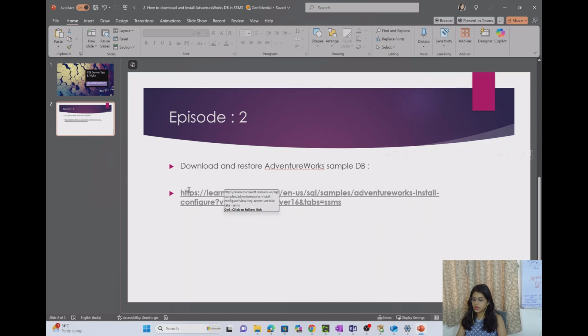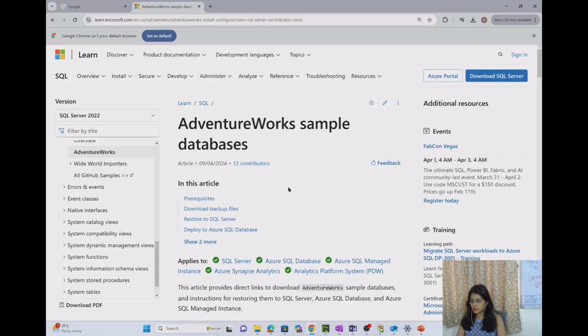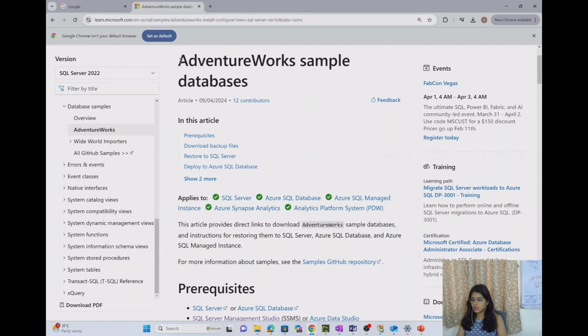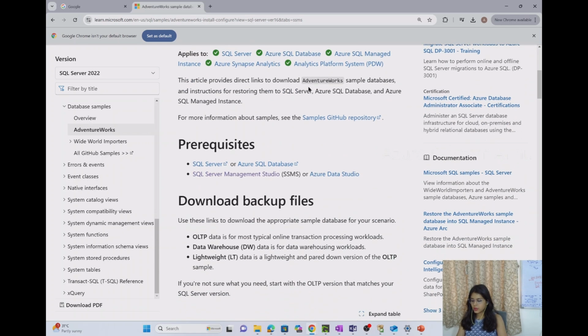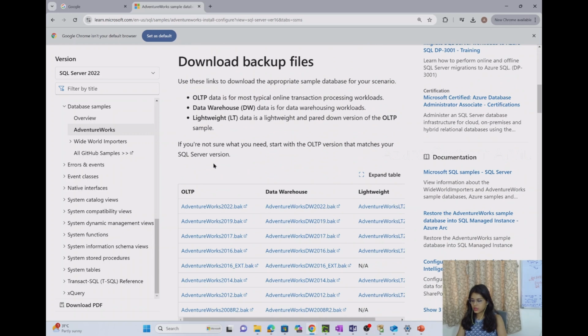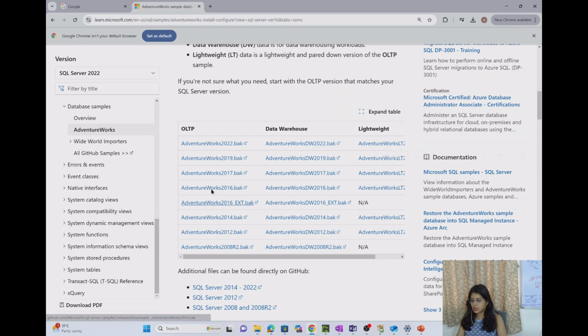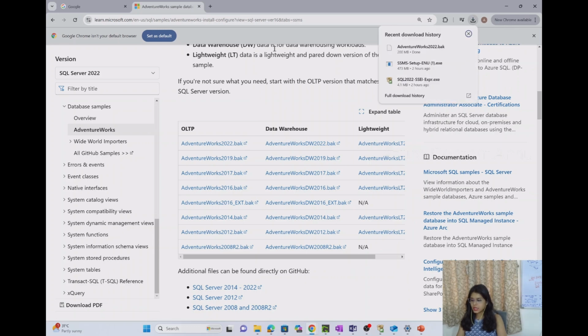So to download the AdventureWorks database, we have this link which I have already opened. So let me open it. Okay, so this is the link to download the AdventureWorks sample database. And here if I go down, you can see the latest one is the 2022 backup file. If I click on it, it will start downloading the backup file. So the download is completed successfully. It is residing in my